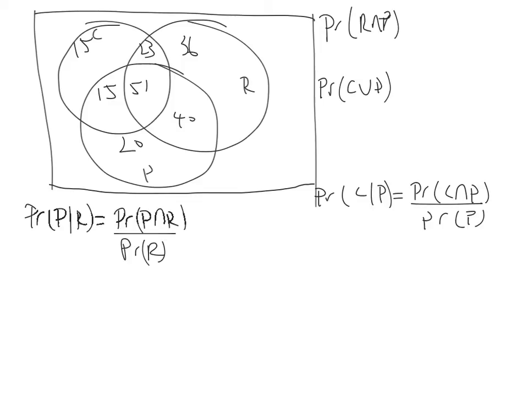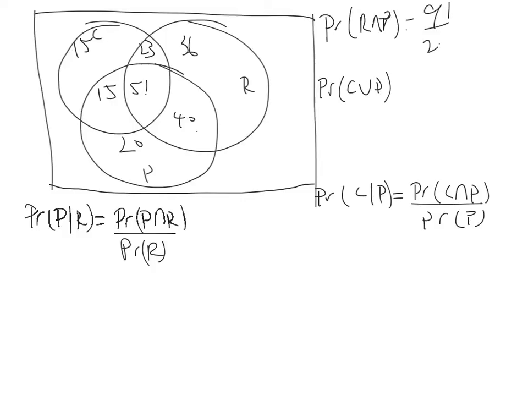Now, for question 2, you were asked to calculate a series of probabilities. For the first one, what you're asked to do is to calculate the probability of R intersecting with P. To do that, we look for our overlap of R and P. If we have a look at R and P, they overlap here. That tells us we've got 91: 51 and 40 gives us